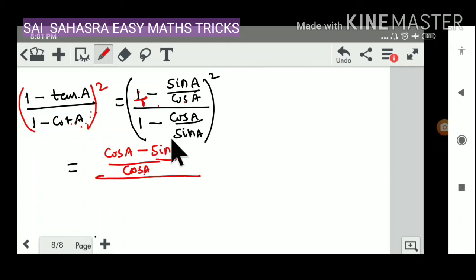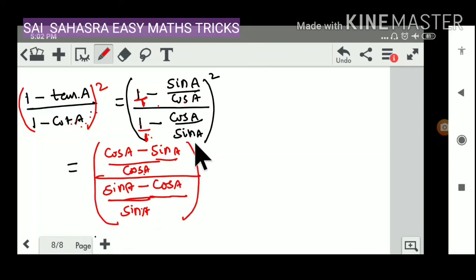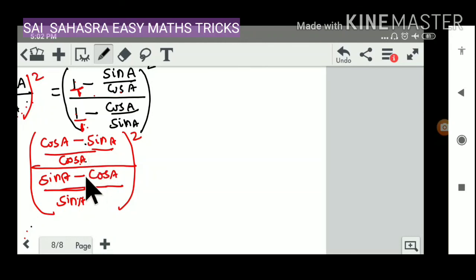Overall divided by, here this is a fraction, this is not a fraction, same as our previous steps. By keeping 1 as denominator, you can convert it to a fraction. In between the fractions we have a minus symbol, so we have to take the LCM of the denominators 1 and sin A. LCM will be sin A. So 1 is converted to sin A by multiplying with sin A, so this also multiplies with sin A. 1 into sin A is sin A. For this minus, we write minus. Cos A is converted as cos A by sin A, multiplying with 1. Overall square is looking like A by B divided by C by D.